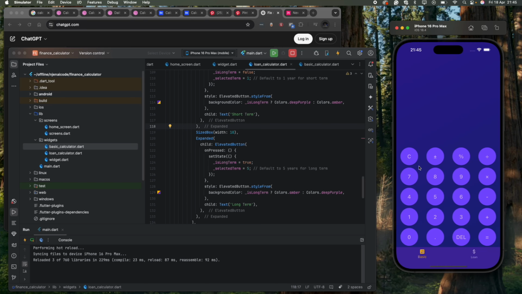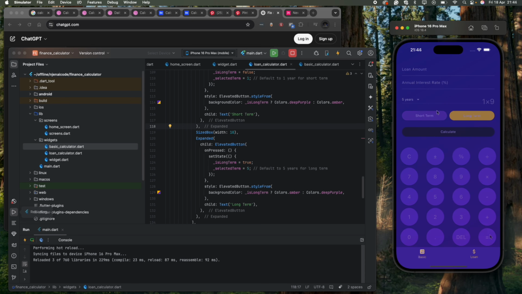Grows, we have a delete section. We also made sure that we have